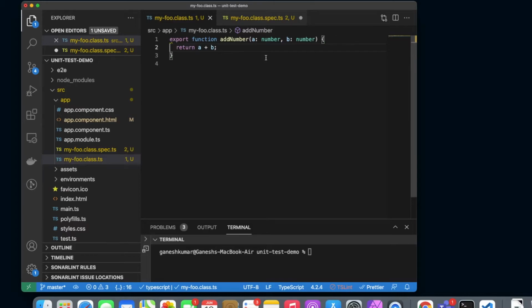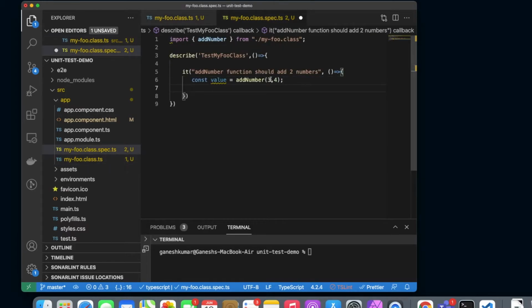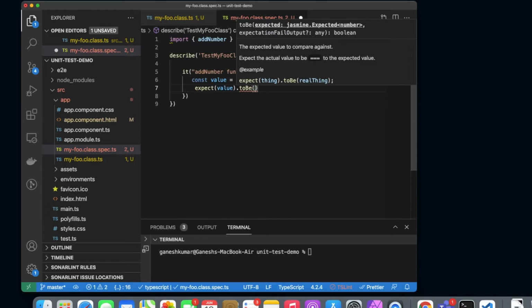So in the spec.ts file we send 3, 4. 3 plus 4 is 7. So what would be the value of this variable? It should be 7. So I need to say expect, this is the assertion method, value, I'm expecting this value to be 7.